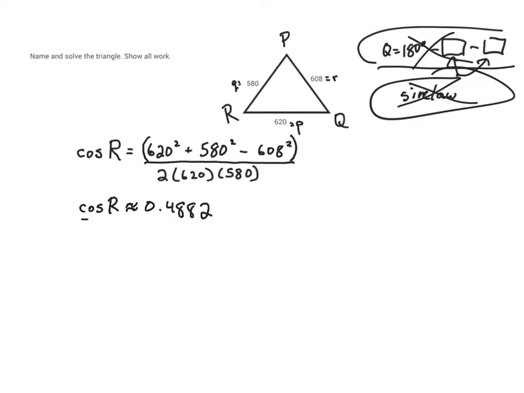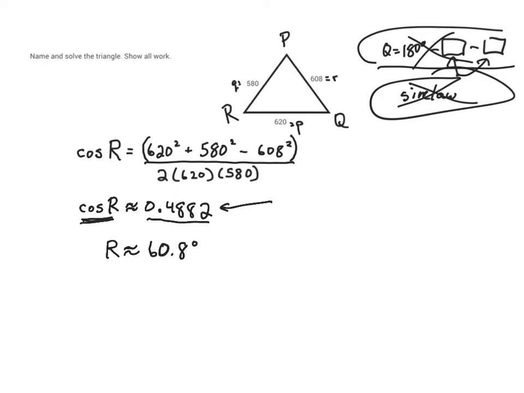Whenever you're doing sine r, cos r, tan r, make sure you don't just say 0.5 because you're going to lose the actual angle if you do that. I want 4 digits minimum after the decimal point if you want to get the correct angle when you solve for the angle. So now last step is to solve for the angle. This is probably not going to be exact. So to find r, you need to take the cos inverse of this number, and that's the problem. If you round it too much, then the cos inverse of that number will not be accurate. So this is going to be approximately